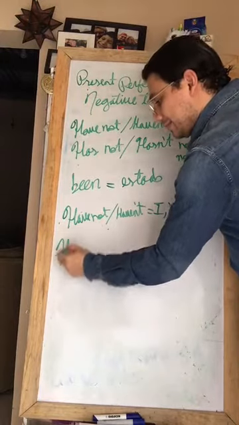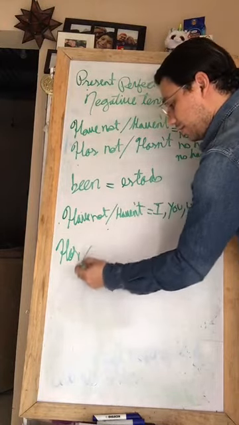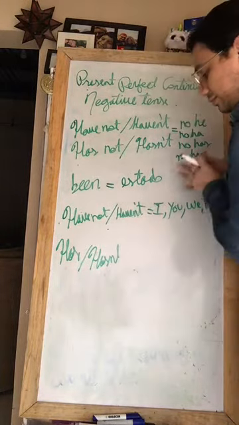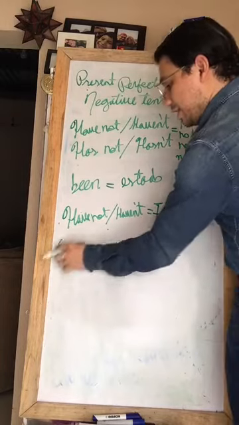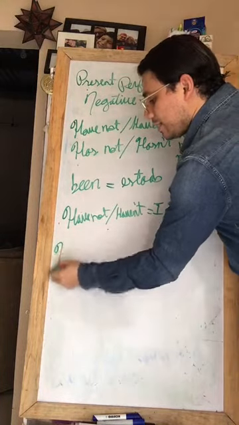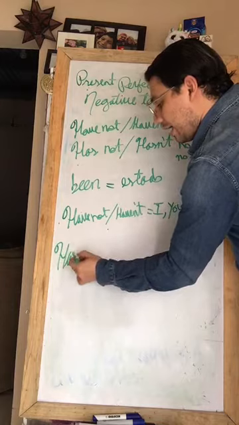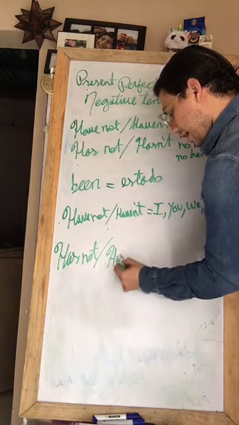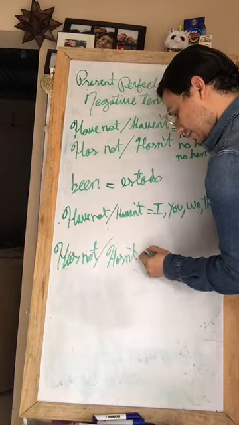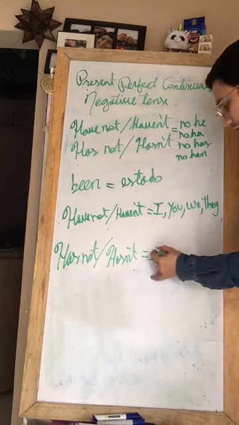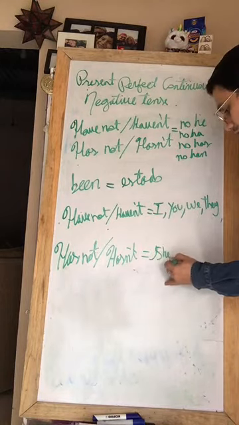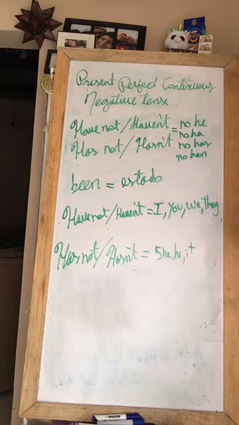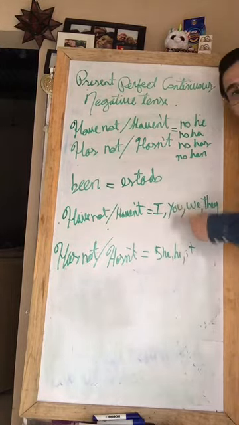Because has, sorry for the handwriting, guys, and hasn't, no, I'm so focused this morning, Jesus. Sorry, guys. Has not, hasn't. It will be for she, he, and it. So if you remember this and you don't mix them,